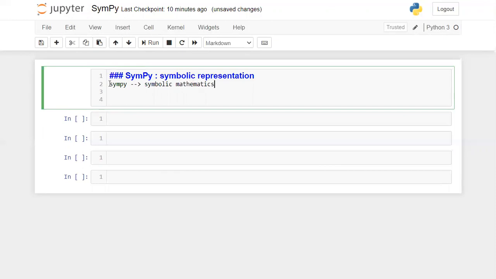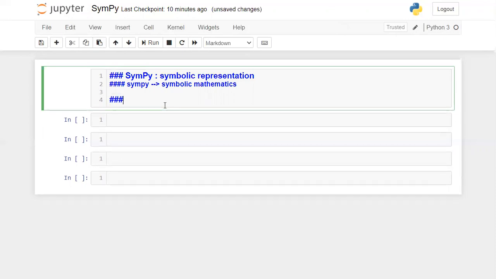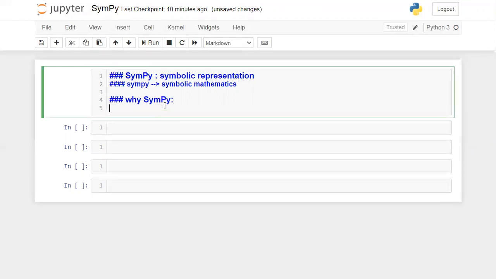How to use this SymPy package and what mathematics related things are involved in it, we'll discuss now. Before that, I would like to give an introduction to SymPy with the question, why SymPy? Why do we need to go with this package? I'll give you some statements.